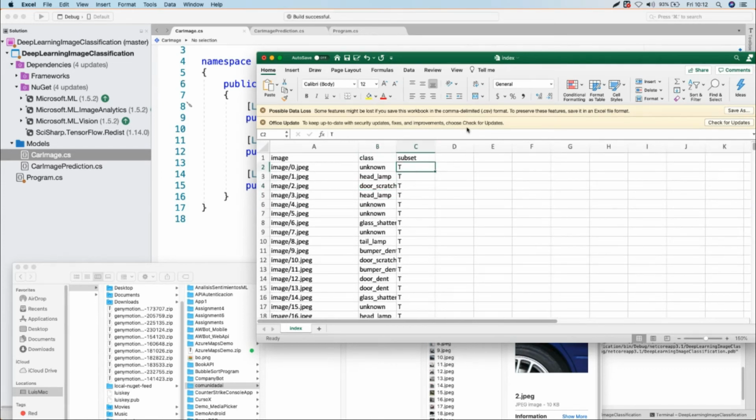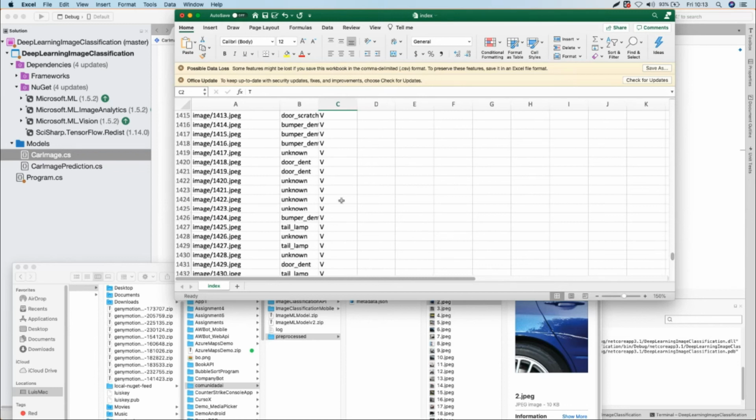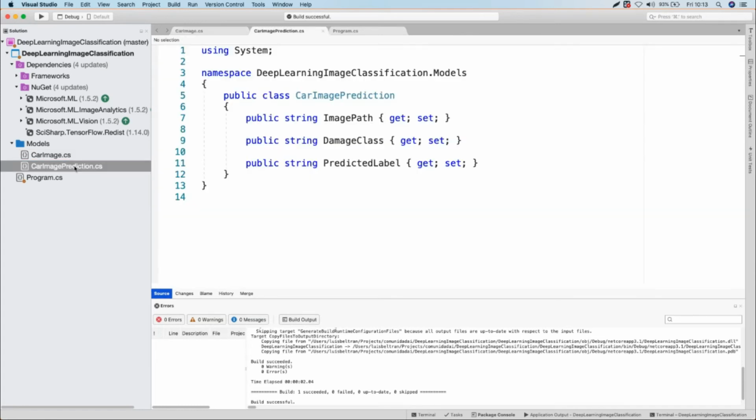And this subset is because my data, I'm going to split it into training and validation set. You see the B. So in this case, I am modeling these columns. Yeah, my input data. We have these 3. Then we have the image prediction. This is, of course, for the result.